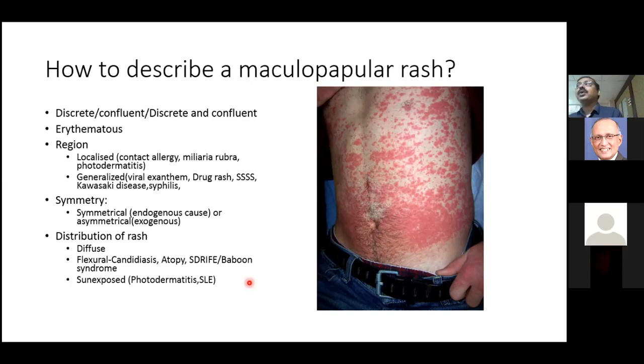Right? So I want you to remember this. Habits of people are very, very important. You have to discuss with the patient. You have to talk to the mother or talk to the patient, and then you would be able to. There are even adults who actually have excessive cleansing habits bordering on OCD. So such patients would be having such rashes.